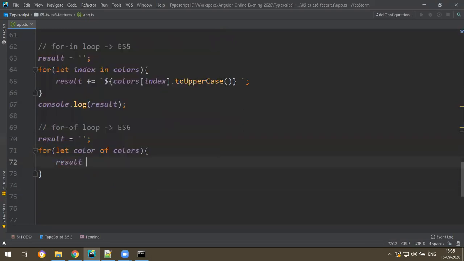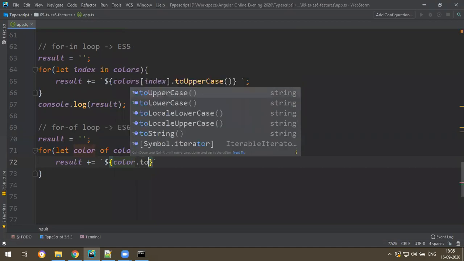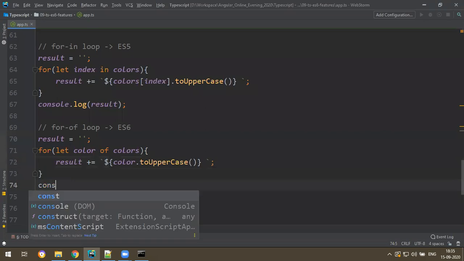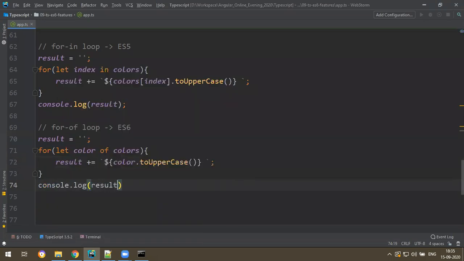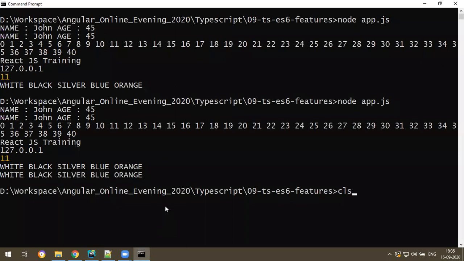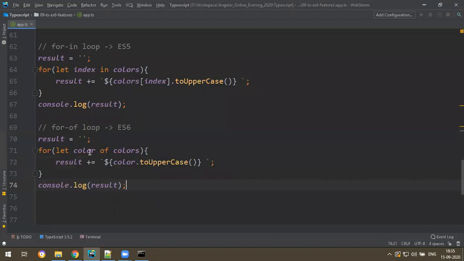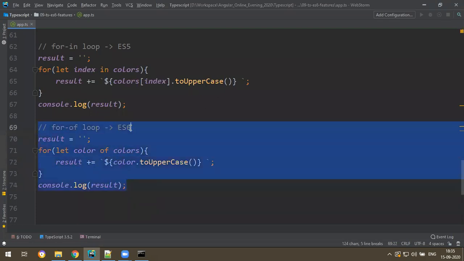So result plus equal to backtick, the color dot toUpperCase, some space. Let's say console.log of result. Save it, run the program. I got the same answer. This is called the for of loop and it comes from the ES6 version.